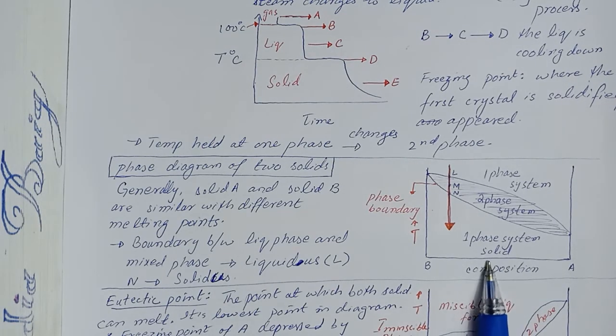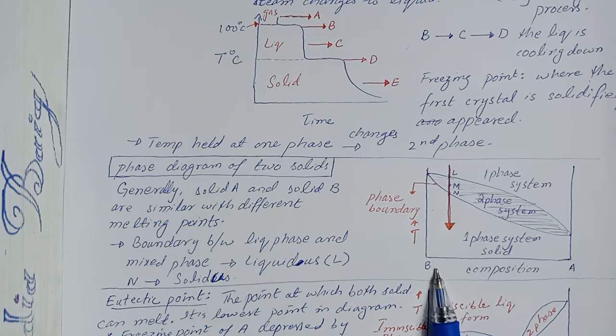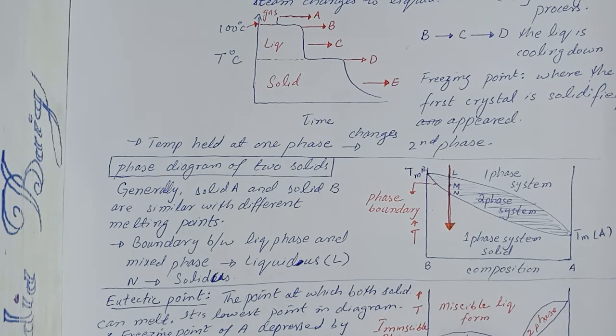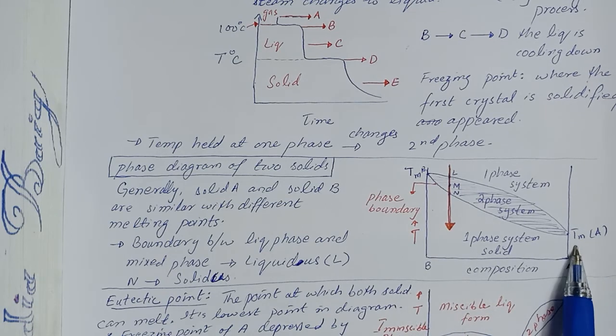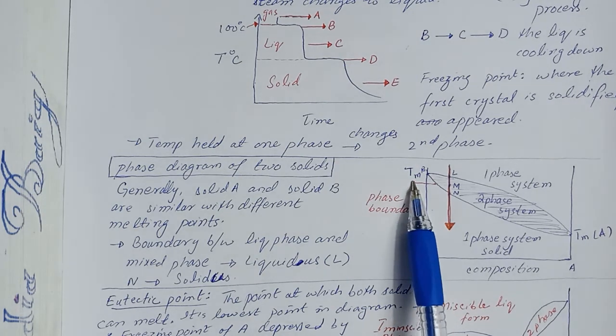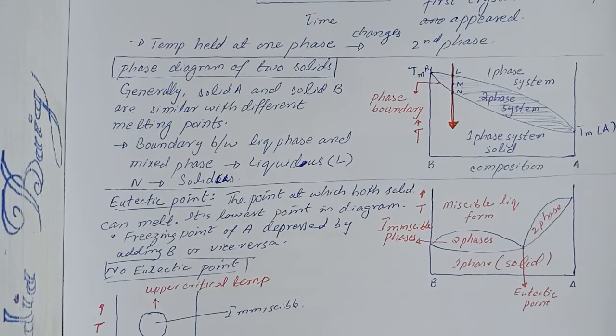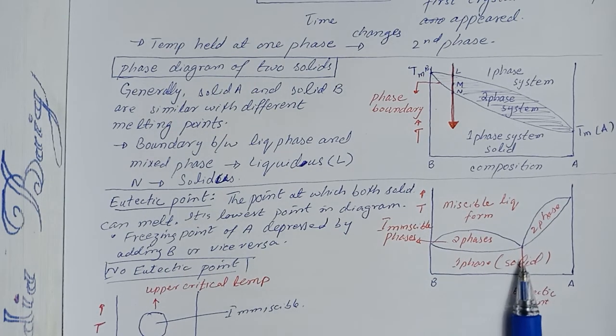And this kind of phase diagram is usually observed for two liquids or solids that have similar properties but different melting points. So here is the melting point of A, when the composition of A is 100%, and this one is the melting point of component B, where the composition is 100% B. Now let's check out the phase diagram for the two liquids showing a minima, that is the eutectic point.